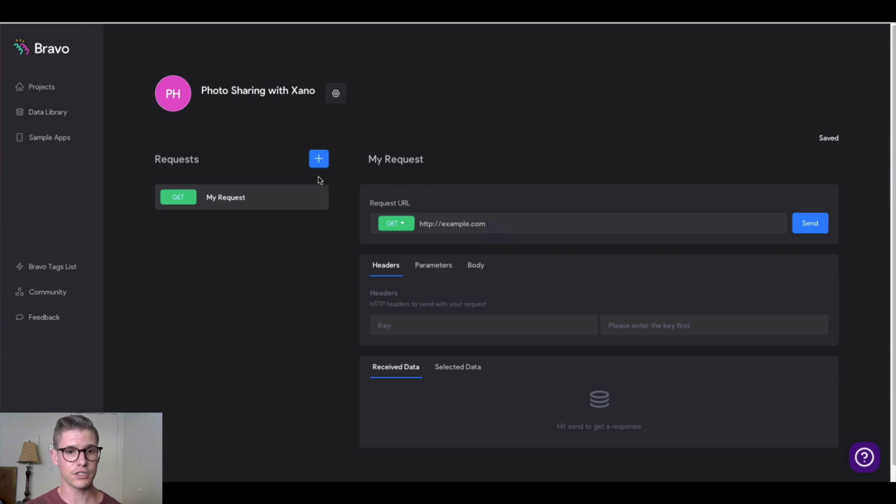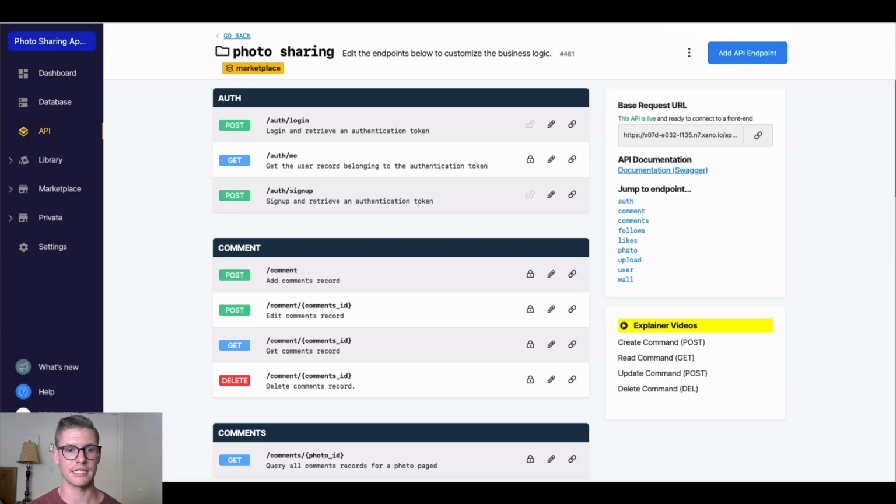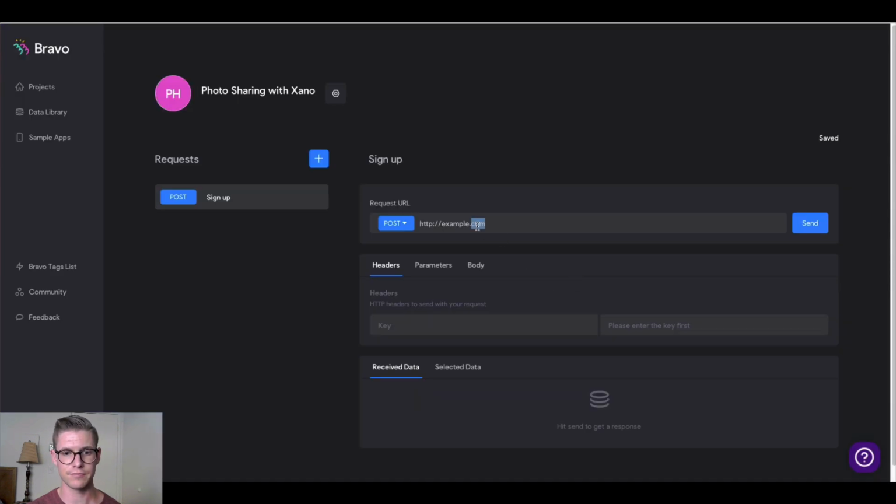So our first one here is actually going to be our sign up API, and this is actually going to be a post. And now to get the actual request URL, if we jump back to Xano here and we find this sign up API endpoint right here, and I just click this copy endpoint link, that'll just copy it to my clipboard,